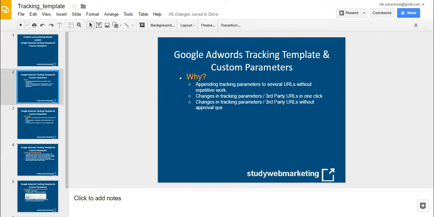if you want to append your campaign with tracking parameters, your campaign can have literally thousands of URLs, and adding tracking parameters to each of them can be quite a repetitive and boring task as well as time consuming. That time can be saved by using tracking template and custom parameters. If there is a change in your tracking template, so your tracking URLs, you'll have to manually change several thousand URLs again, which again is a time consuming and boring job that also can be avoided with the help of tracking